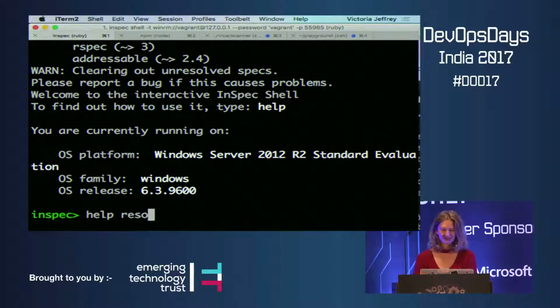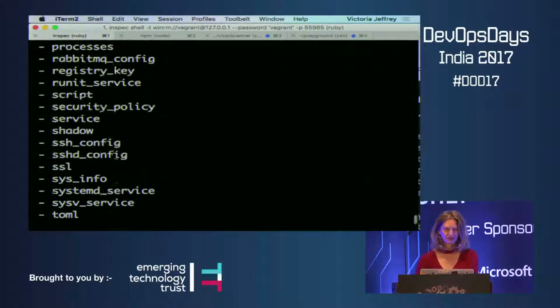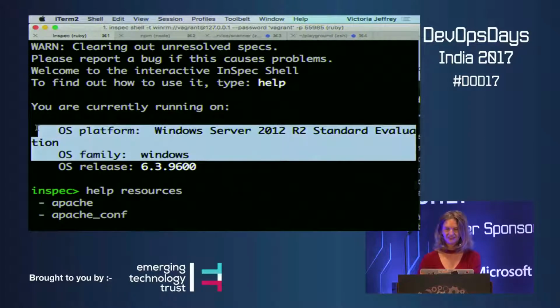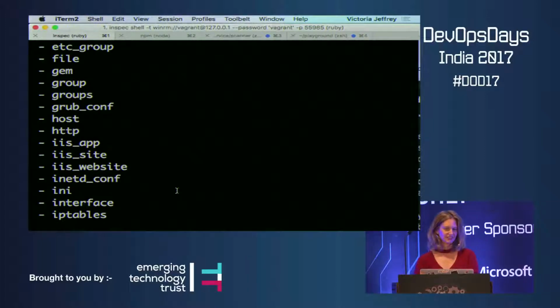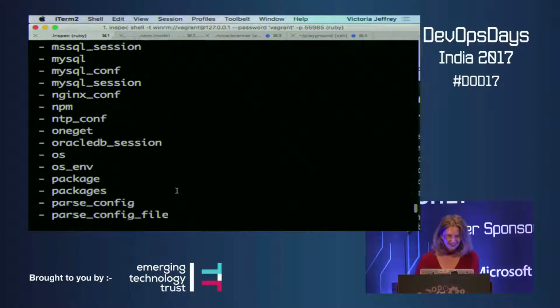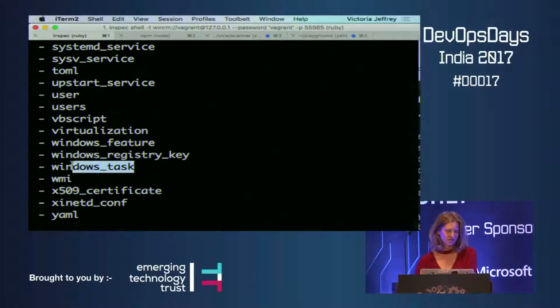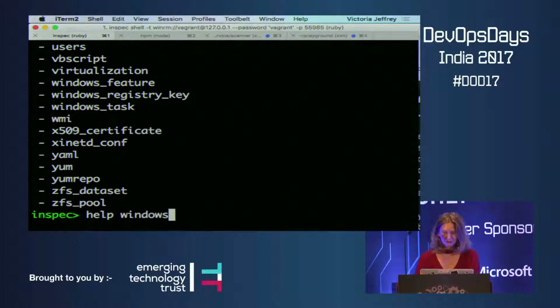So here I can come over into the inspect shell on my Windows node, which we saw just a second ago did connect in, because it went ahead and told me the OS platform and family, so I knew I was connected into the right thing. And then, I don't really know Windows, but I can grab Windows Task, because that sounds like something good. So if I help Windows Task,